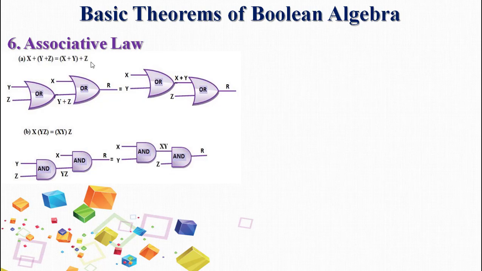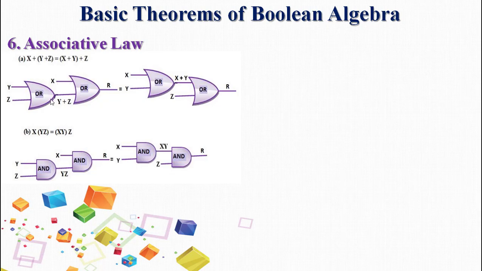Let us see the circuit diagram to see how it is equal. In the bracket, first the bracket will be solved. So y plus z will be added. The input of this will be whatever is given in the expression, y and z. The output that you get is y plus z. That will be the input for the next OR gate. So there are totally two OR gates. One for the entire bracket, what you see on the left hand side, and one for outside the bracket. Inside the bracket, first it will be solved, then it will go to the outside of the bracket.